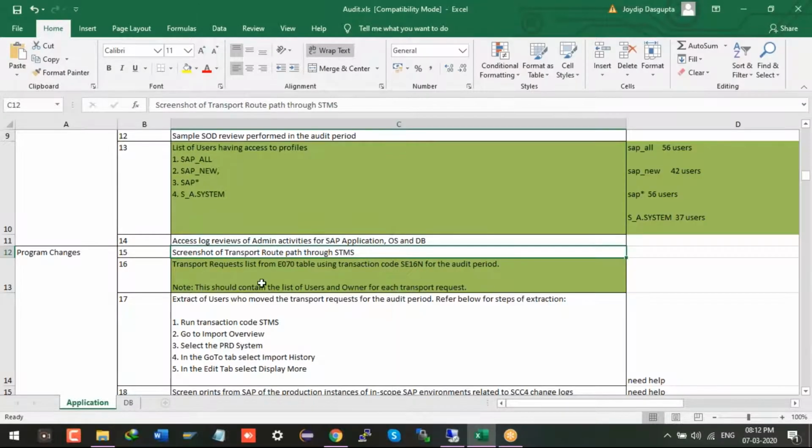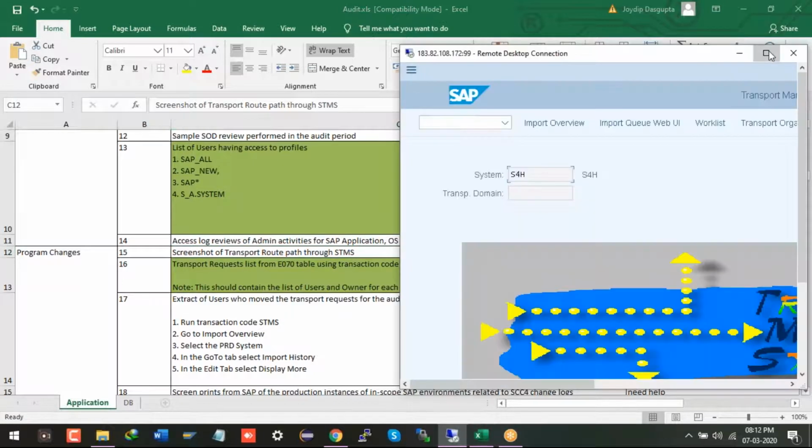For this one, the E070 table from SE16N for the audit report, this should contain the list of users and owner of each transport request. So I am taking the data.